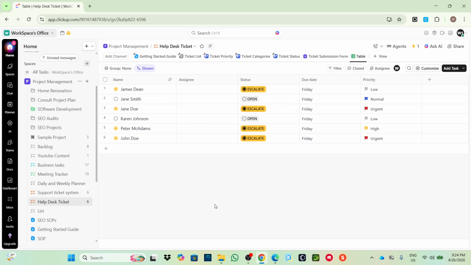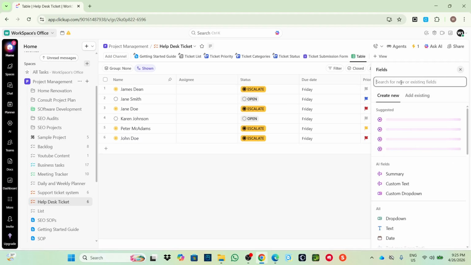For example, now I have these fields for the name, assignee, the status, the due date, and priority. For all these five, I cannot delete these columns because these are automatically generated once I make a table view. However, if I add a customized column right here, let's just say